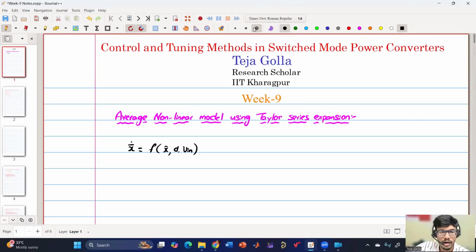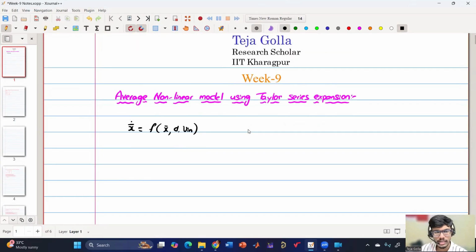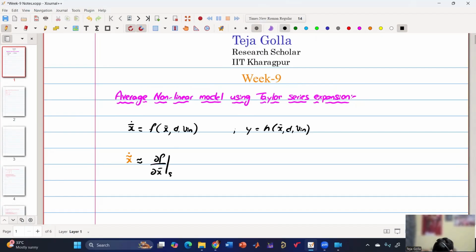Now if we apply linearization around an equilibrium point, we can write the Taylor series expansion. Similarly, we have an output y, which is a function of x bar, d, and v. We can write x tilde dot, and if we linearize, we get something like this: dou f by dou x bar at its steady state into x tilde, plus